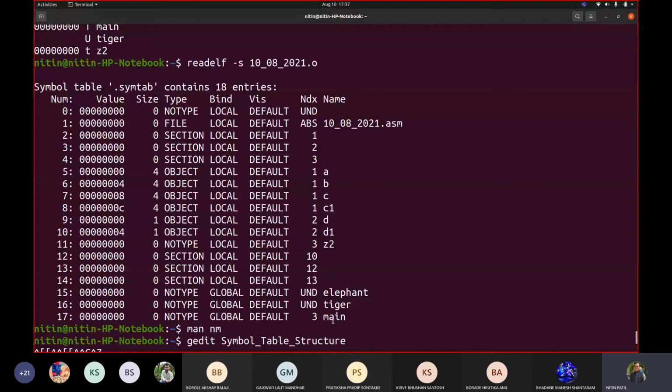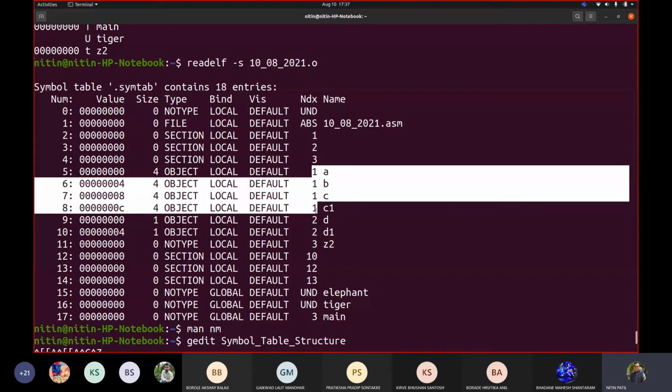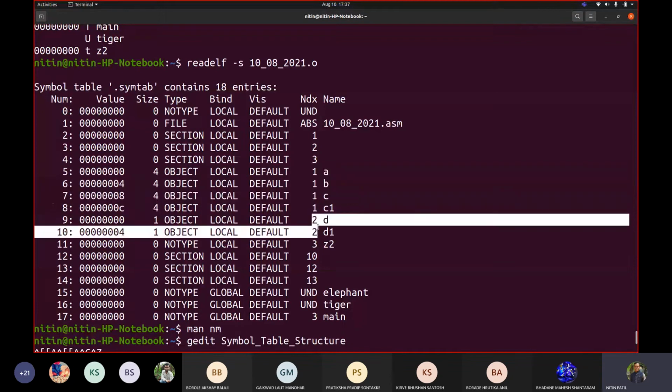You can see the order, even the indexes which are used. So I can formulate some logic over here. One probably means my data section. Two probably means BSS. We will work out what exactly it is. And then 3 probably means text section.